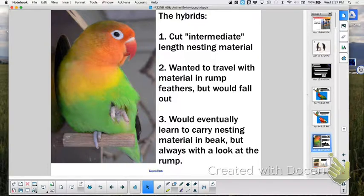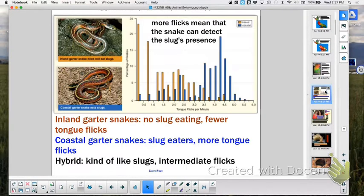in our DNA. The second piece of evidence you looked at was the snakes. Remember, it was the number of what? Tongue flicks. So it wasn't that there were slugs present or not, it was their ability to detect the slugs because of their own physiology of how many times they flick their tongue. Those that were frequent tongue flickers were the coastal garter snakes, so they preferred slugs. The inland garter snakes could not taste the slug in the air because they didn't flick as much. So when they mated a coastal with an inland garter snake, they had an intermediate amount of tongue flicks and an intermediate affinity for slugs. Again, saying that your behavior was predetermined, your food choice was predetermined because of your physiology, and your physiology is